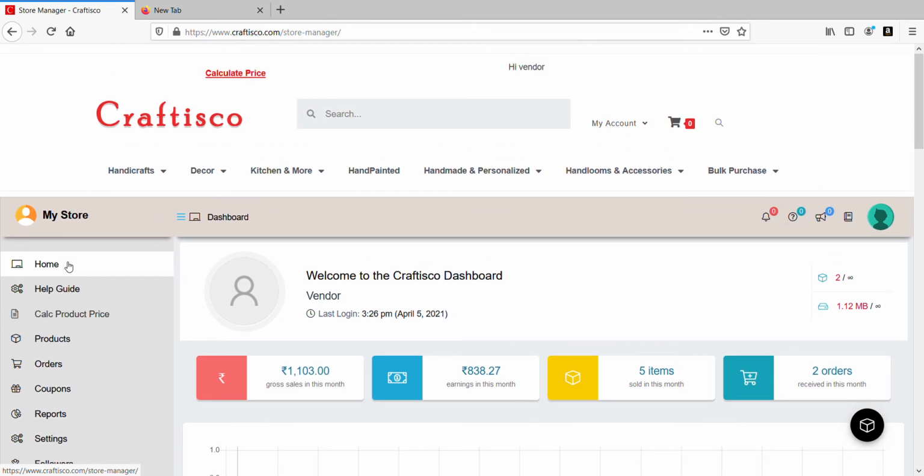Now before we begin, whenever you create a new product, you'll always have to calculate the product price because there will be commissions that will be added to the product price that you're going to sell for. The applicable taxes also will be calculated. So you can click on this calculate product price. Either you can go to the menu and click on calculate product price, or you also have a quick link here, calculate price. If you click here, it will take you to a new page